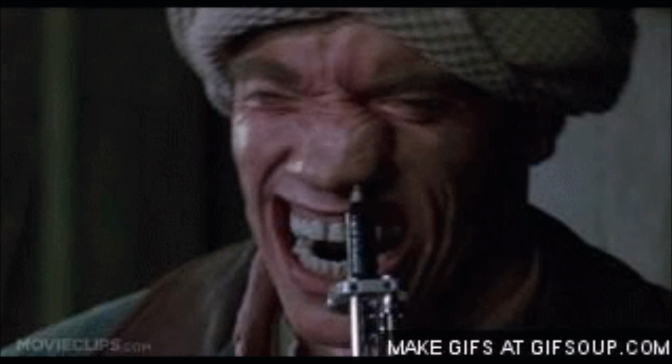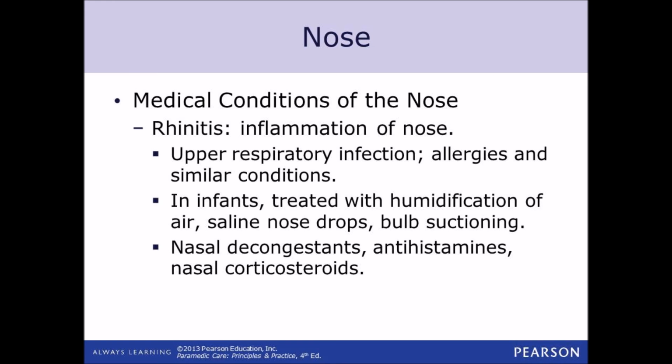Again, a lot of times we can try and remove it, but sometimes, because we don't want to cause any other injuries or damage, we'll actually transport to the hospital and have them removed there. That's usually the best thing, unless you can physically see it, grasp it, even with the McGill forceps, and pull it out. A lot of times we're just going to leave it in place, transport them to the hospital, and